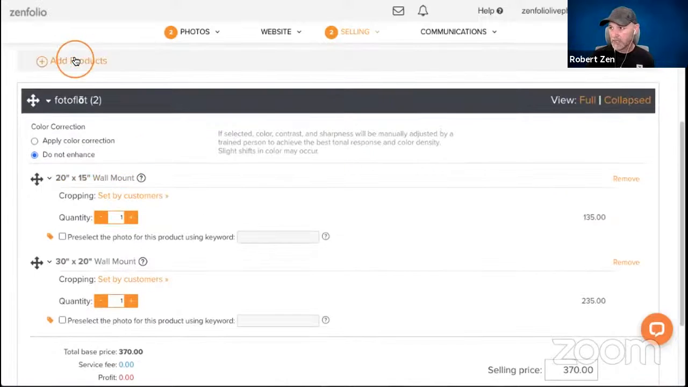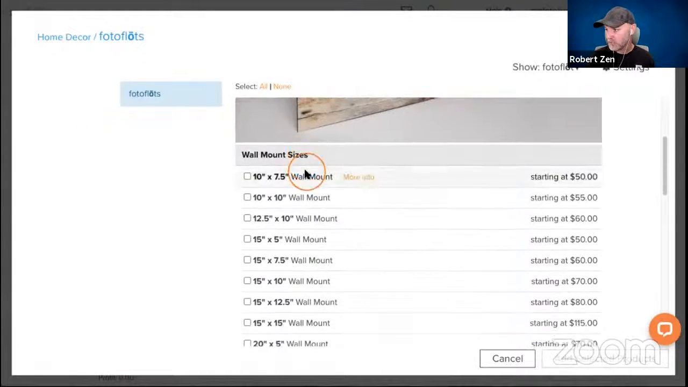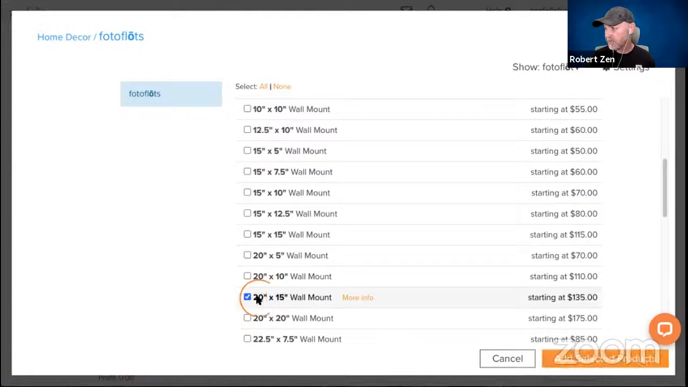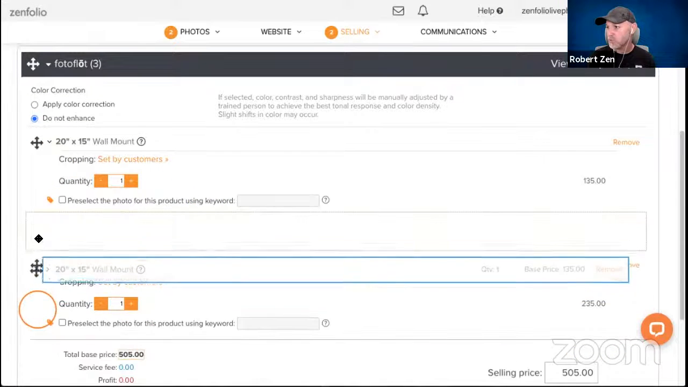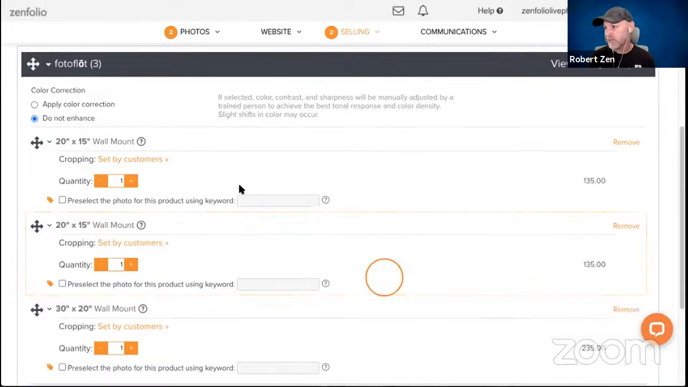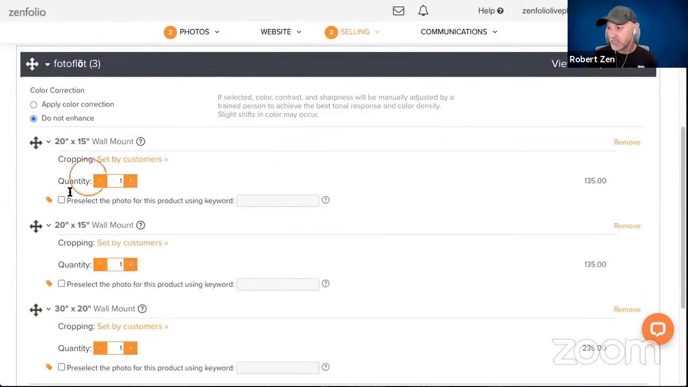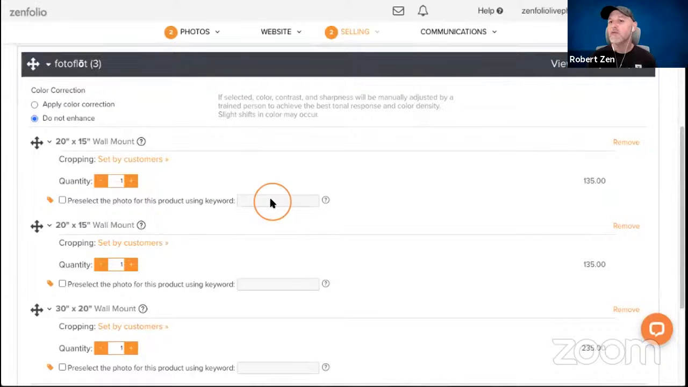All right, so we're going to go back and we're going to go down to that 20 by 15 again and add it in. And so now we have a separate line item. And I'm going to show you why we did it that way. Because we're going to be using this pre-select option right here. And what that does is it allows us to put a keyword in here. And then we go to the image that we want to use for that specific product and put that same keyword in there, and then it automatically applies that image to that product